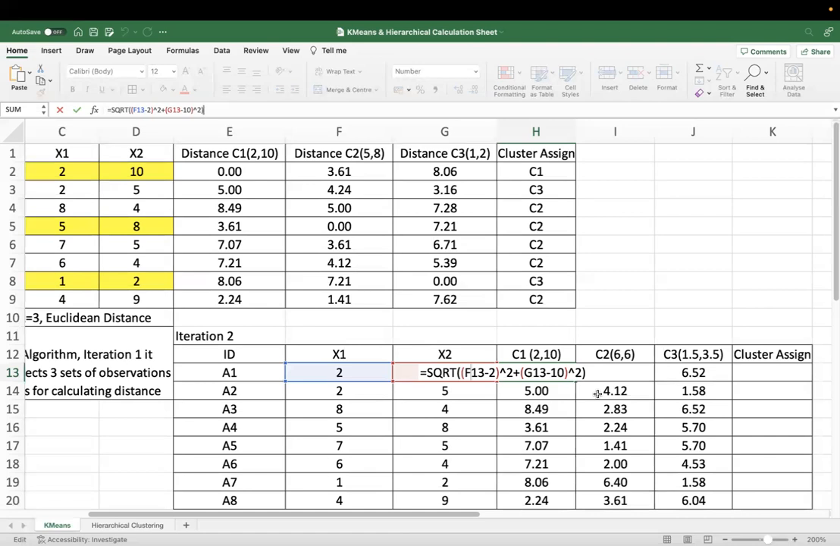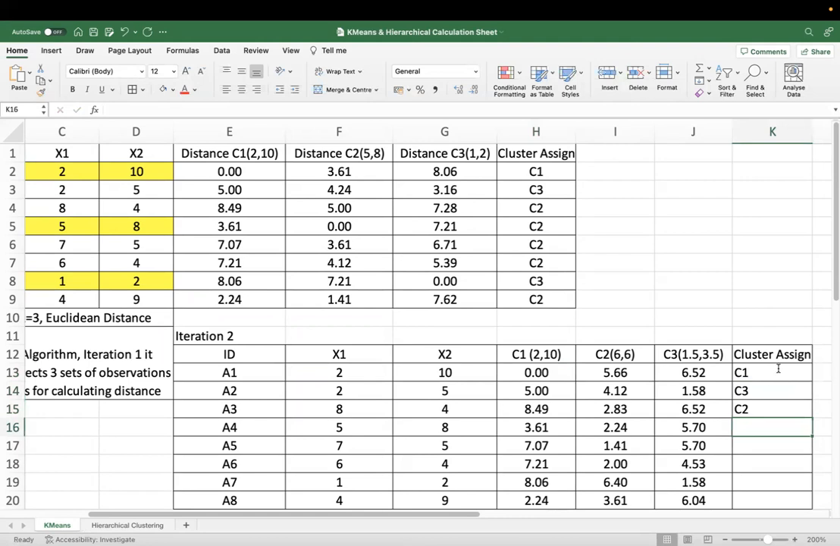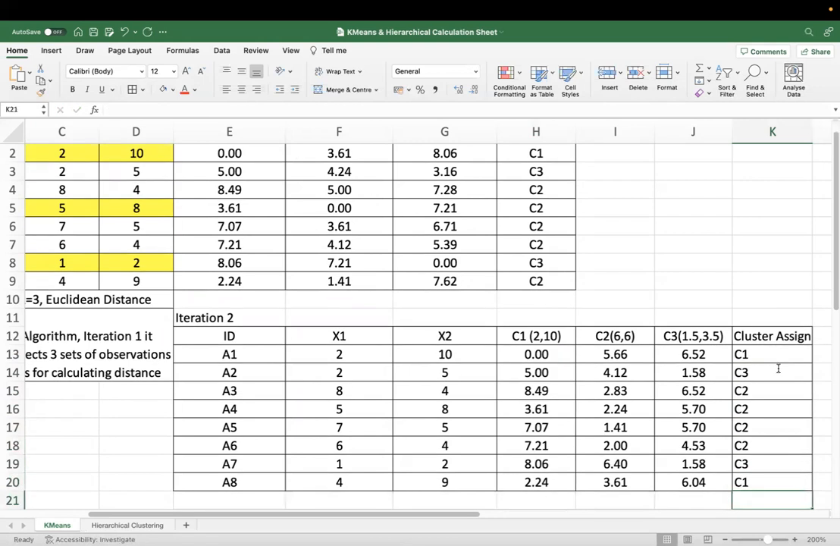All right. Now, the minimum is C1, minimum is C3, minimum is C2, this also C2, this also C2, this also C2, C3, oh, we have a change, C1. That means we have to restart the whole calculation again, till the point when